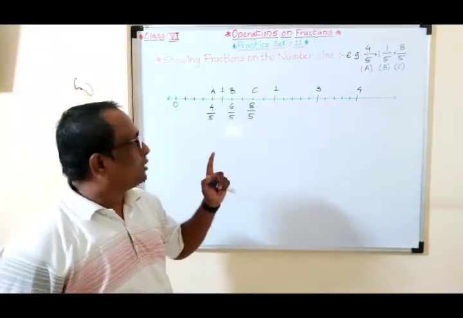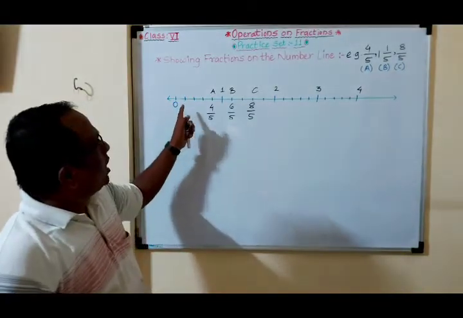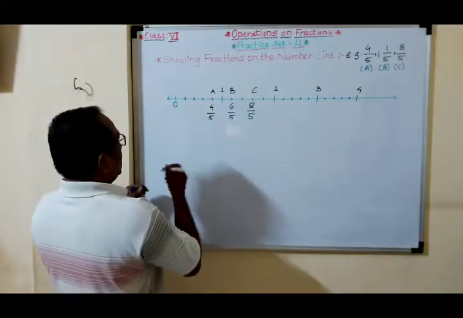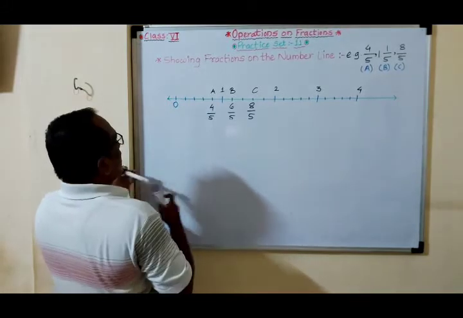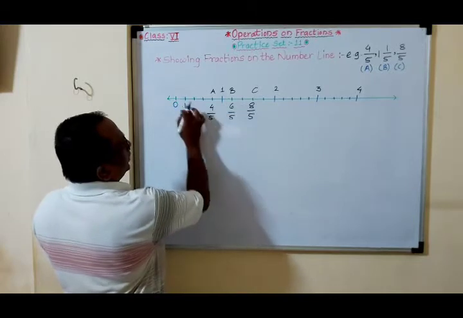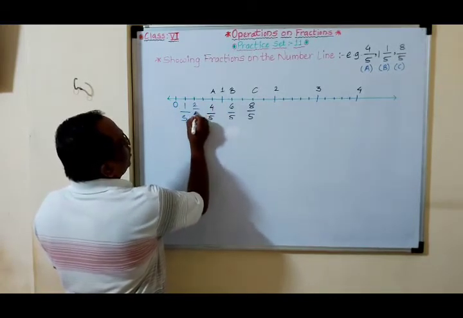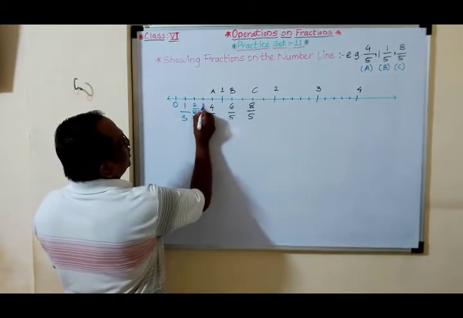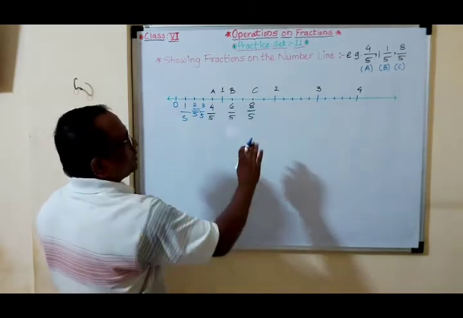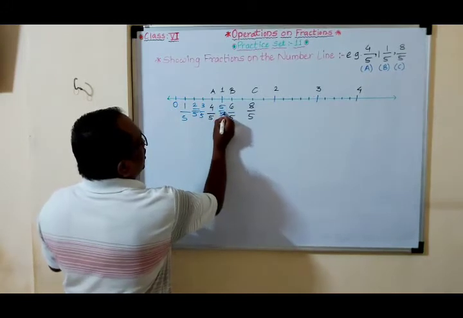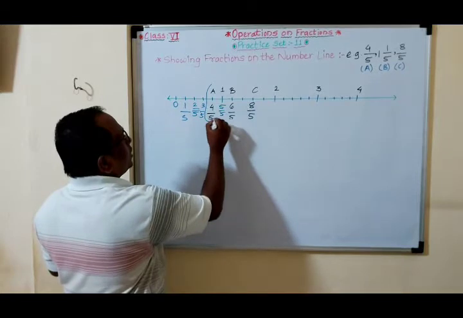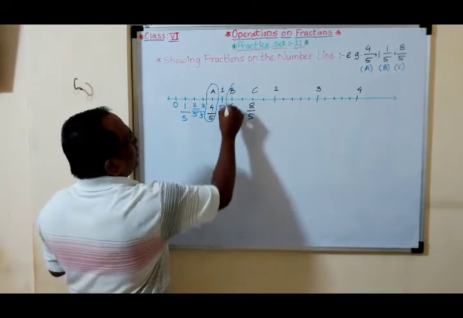Okay, one example I explain to you just here, students, and if you want to write the fractions from here, then also no problem. Like this one, this is the first part. Okay, out of 5 parts, this is the third part. So 1 upon 5, 2 upon 5, then 3 upon 5. Okay, but if you write all the fractions, this is 5 upon 5. So whatever fraction we have to show, just make a circle or make it dark.